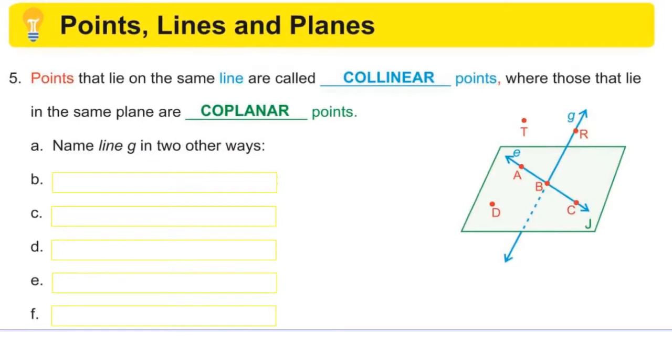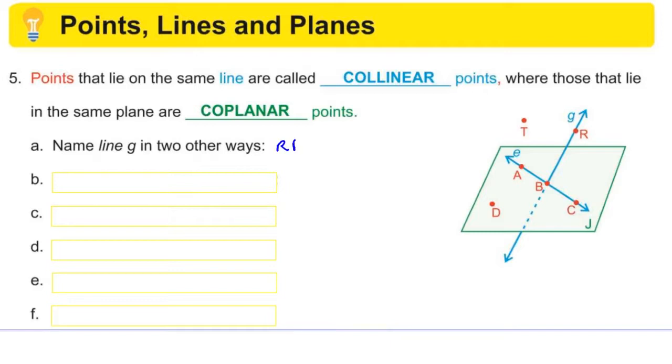First question. Name line G in 2 other ways. Oh, well, notice another shorthand for naming. If you look, you'll find that little G, and it's right up here, right? So notice there's no point associated with it. It's simply there to give you another way to name the line. Now, we do know that it is talking about this line right here, right? So what are 2 other ways to name this line? Well, remember, you name a line with 2 points on the line. So I'm going to take 2 points on that line.